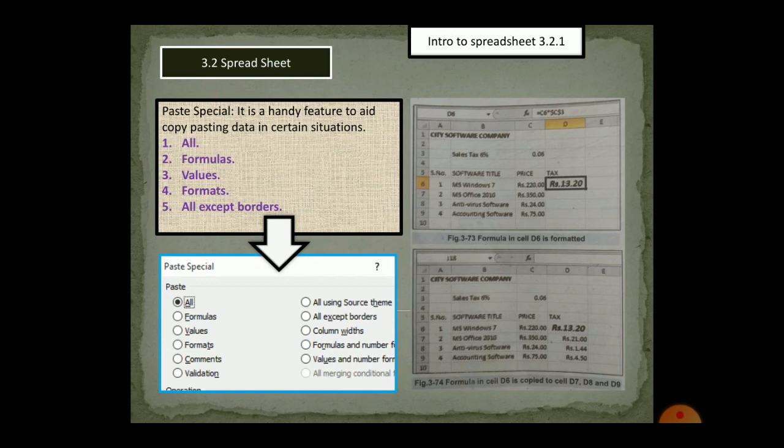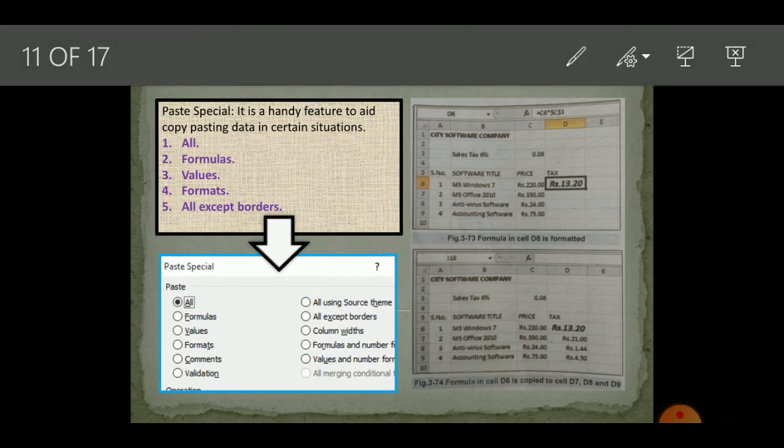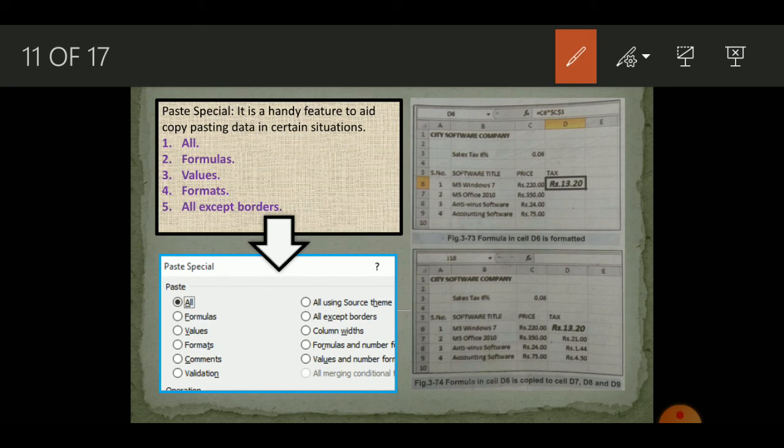So for example, in this data, you can see that in this cell, the formatting of the data is changed. It's highlighted in bold, and the size is changed as compared to normal text. So it means that the formatting has been changed for this data.